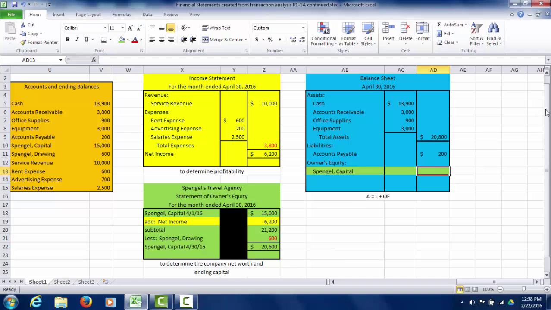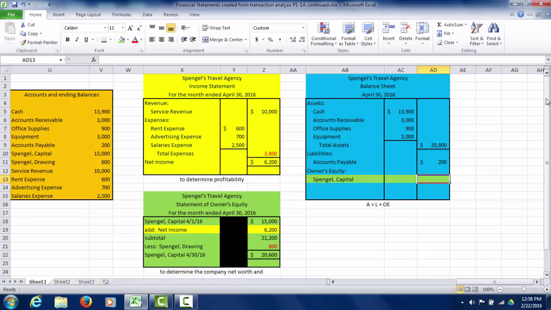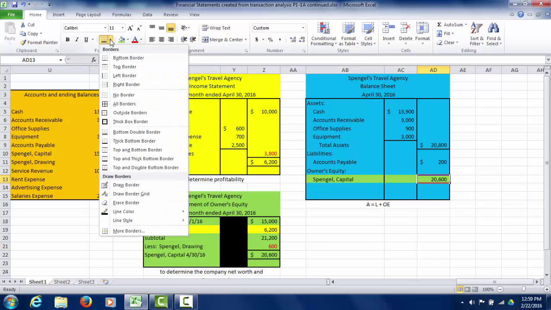Another reason why we want to use the ending answer is look at the date at the top of the balance sheet. It's April 30th. So everything in this document is on April 30th. This 15 down in the statement of owner's equity was the balance on April 1st. But look what's the date next to 20,600, April 30th. So we're going to enter in the 20,600, and now I want to add that